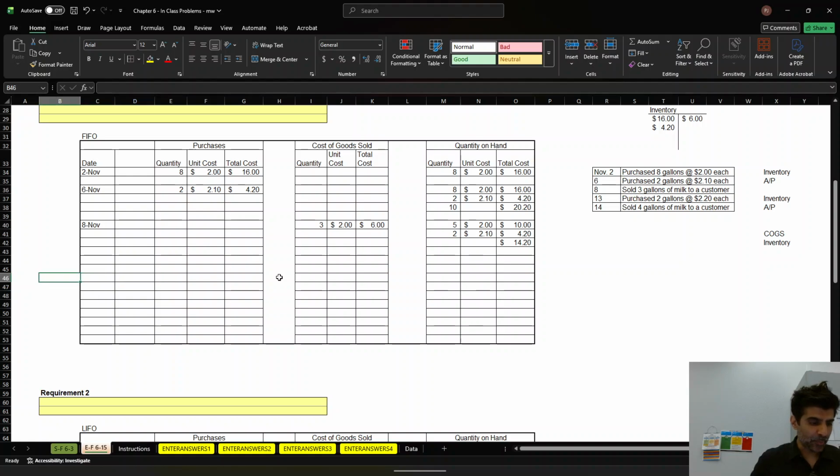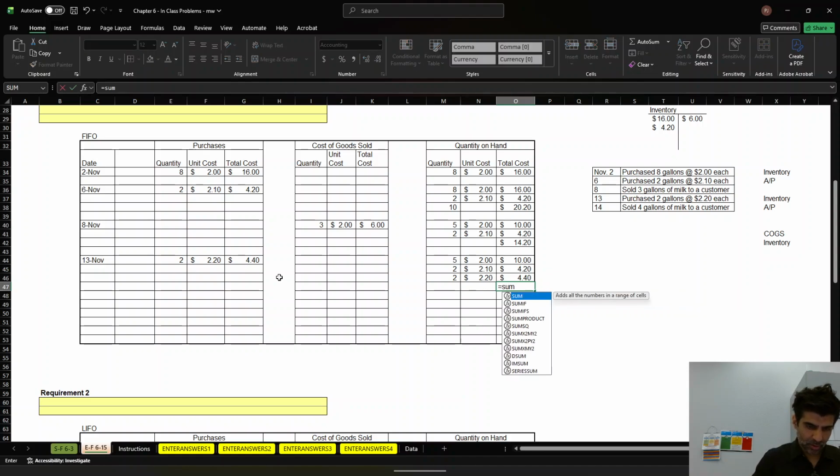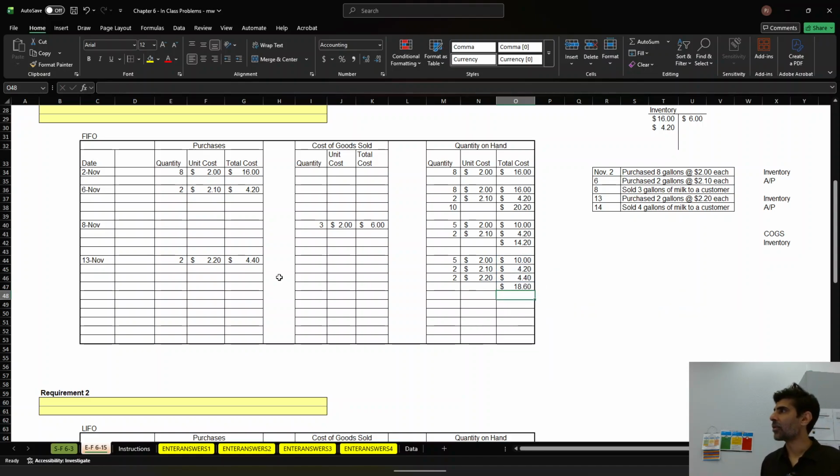so now we have another purchase transaction. On November 13th, we're buying 2 more gallons at $2.20. Okay, so now we have 5 units at $2, 2 units at $2.10, and 2 more at this new price, $2.20. So my total inventory value is $18.60. Okay,